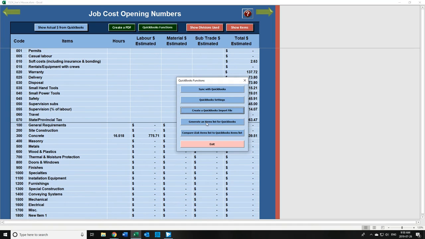This next button says generate an items list for QuickBooks. If you want to sync what items are in the cost of goods account in QuickBooks with the items that are in Isaac, then you can create this list, and it will be created as an Excel file. Your bookkeeper can take that Excel file and import it directly into QuickBooks, or just use it to match the items under cost of goods in her chart of accounts, so that the two, Isaac and